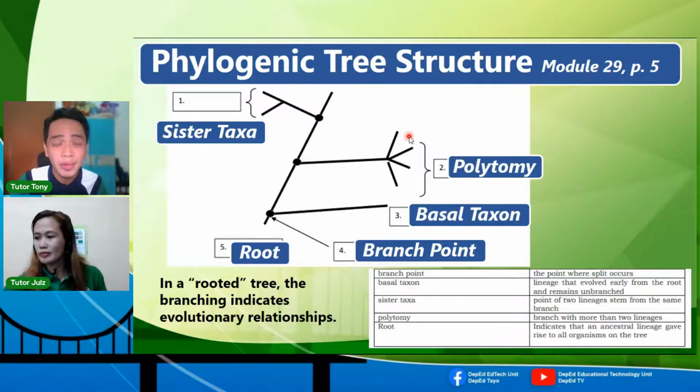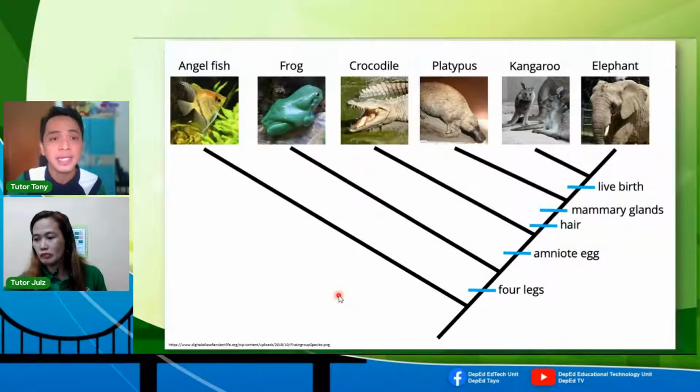Ayan. So masarap tong pag-aralan, medyo at the beginning medyo malilito ka lang, pero kapag nagamay mo na siya, specifically yung rooted, ang tawag dito ay rooted, no, kasi may common root sila, may common ancestor. Ayan. So you can browse sa internet, maraming mga very informative source about phylogenetic tree, like this one, no.